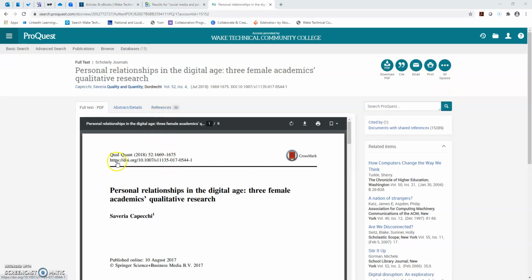If you wanted to find more articles like this, I always recommend to students to use a great article in order to find new articles. So you can use the reference page. So you see this tab says references. It's got a 30 in it, and when it goes to that page, I can show you what that 30 means.